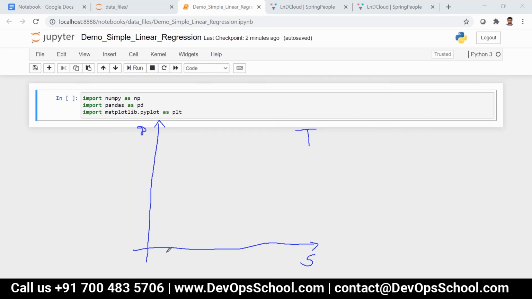Whenever you increase the speed in a fixed time, you can cover more distance. If you are driving 10 km/h, you can cover this much distance in the fixed time. If you are driving 20 km/h, you will cover this much distance. Then 30 km/h, 40 km/h, 50 km/h, and 60 km/h. So whenever you increase the speed in a fixed time, you will increase the distance.